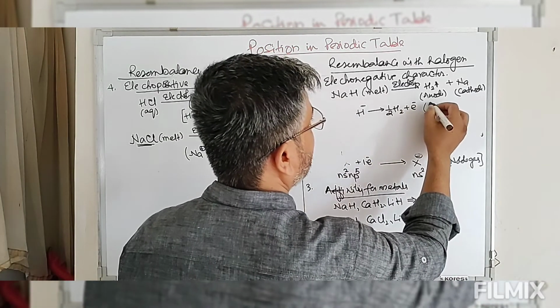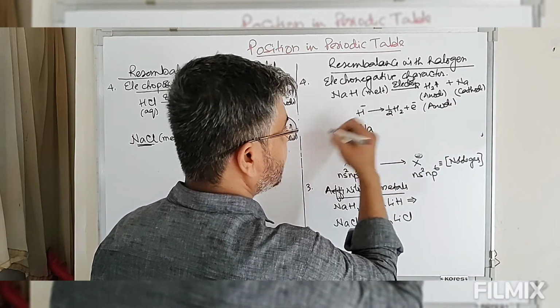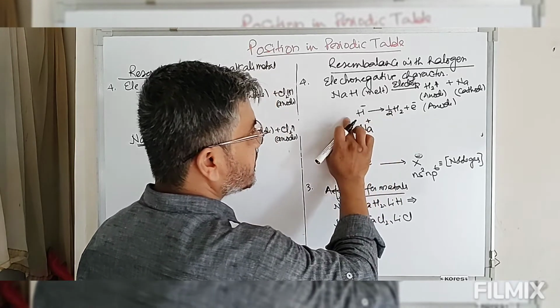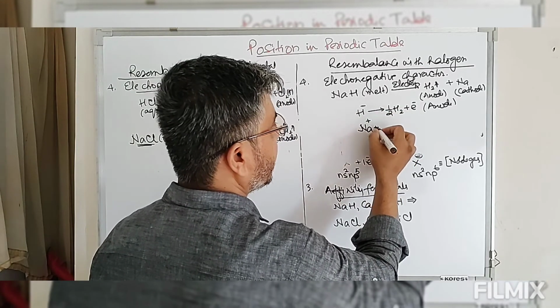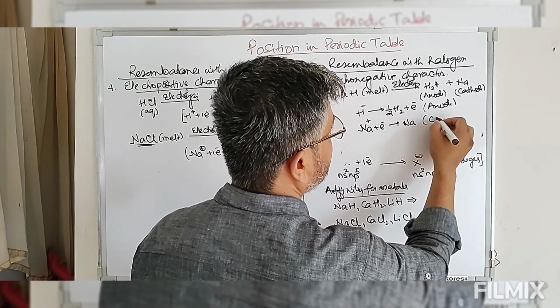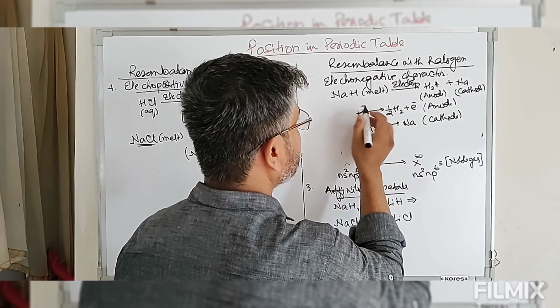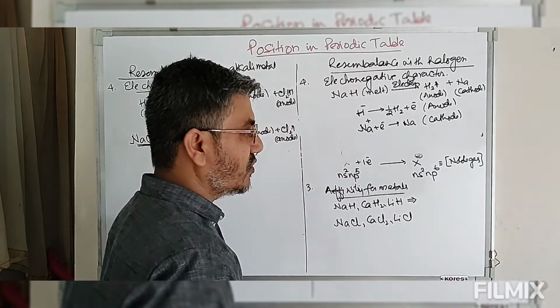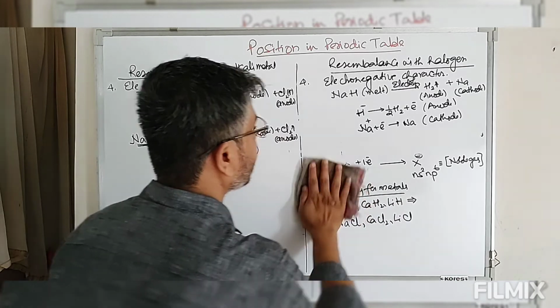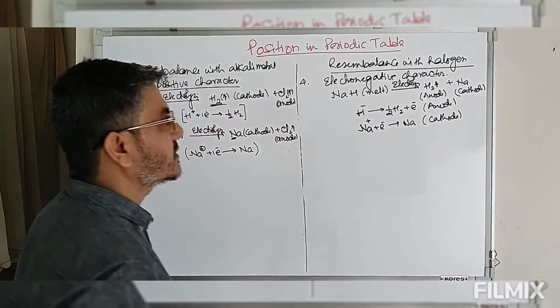This is at the anode. Whereas at the cathode, look at this, there is a reduction reaction. The electron released at the anode is taken up by the cathode and this gives you a reduction. So this is at the cathode. Now this proves the hydrogen in this compound is present in the form of hydride ion. That is, this is showing electronegative character.